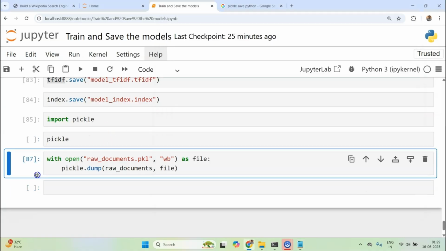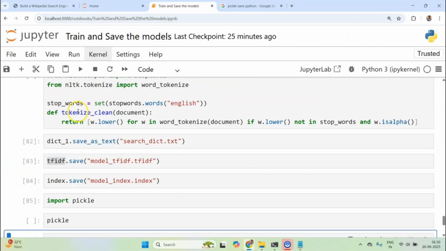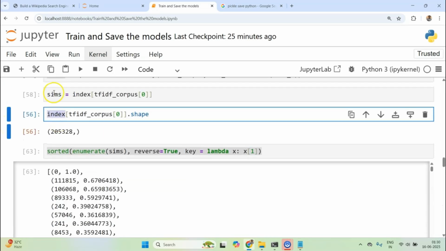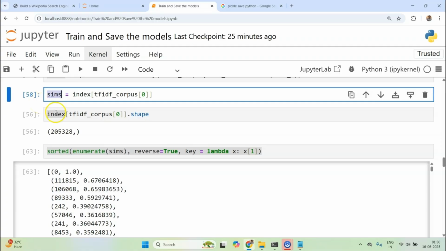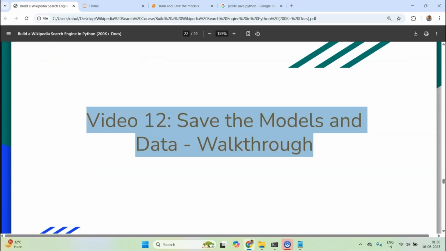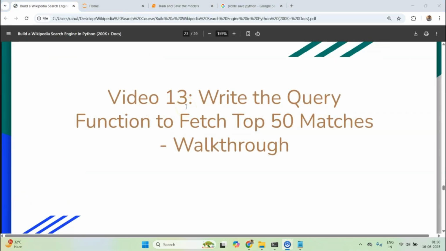So this notebook's work, training and saving the model, has been done. We will create a new notebook in the next lecture, and we will try to not use any existing variables, so we can clearly see that we have been using these index similarities. Now we will start fresh and try to load it one by one in a new notebook. I'll see you in the next video. Thank you.